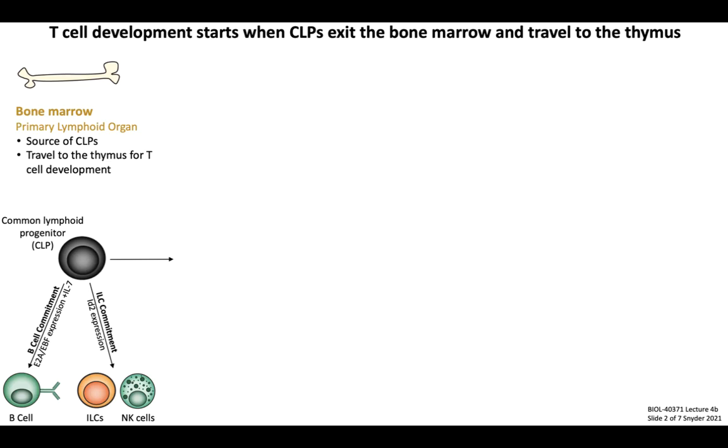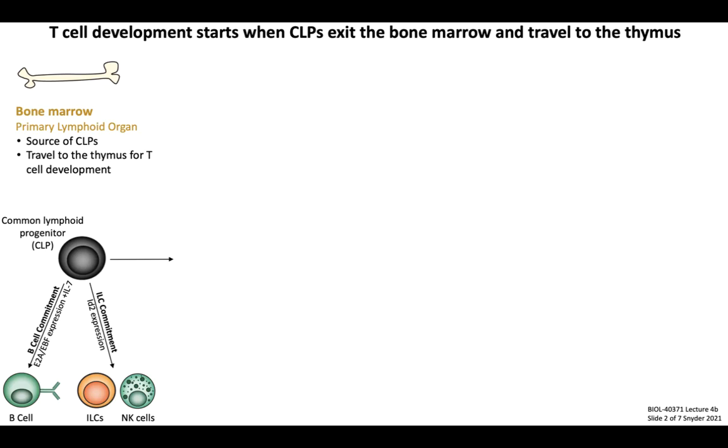This begins in the bone marrow, which, if you remember back to our week 1 lectures, is categorized as a primary lymphoid organ. Hematopoietic stem cells in the bone marrow differentiate into common lymphoid progenitors, or CLPs, which are also primarily retained within the bone marrow. These CLPs can give rise to any lineage of lymphoid cell, which is why we refer to them as multipotent